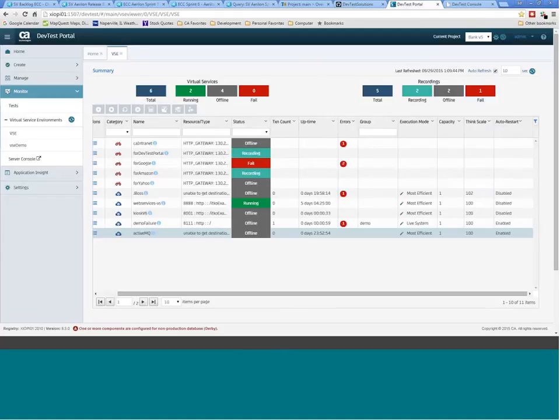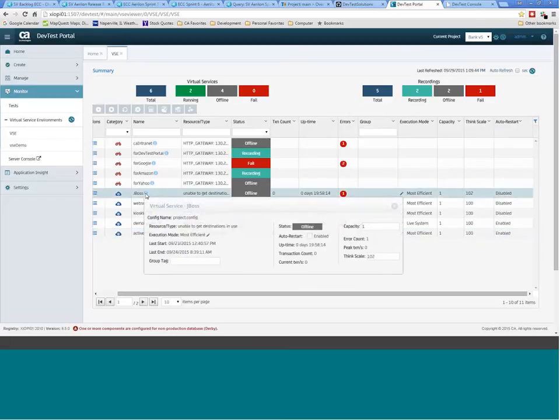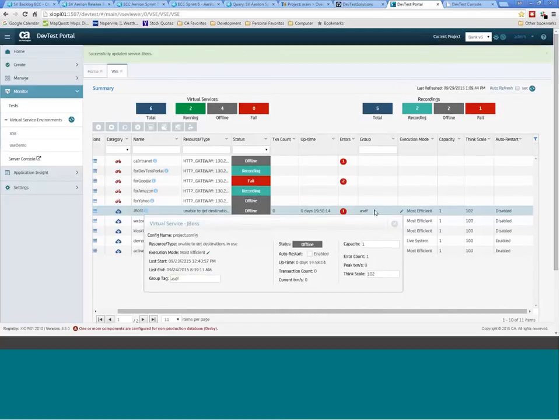Now, if you so choose, you can go ahead and click on this little eye right here, and now you get what would have been the bottom half of the split screen view. The interesting thing to note here is you can still do edits. So I can type here, I can still go ahead and add in any kind of group tag that I might want, and I can click on Save to go ahead and add that group tag